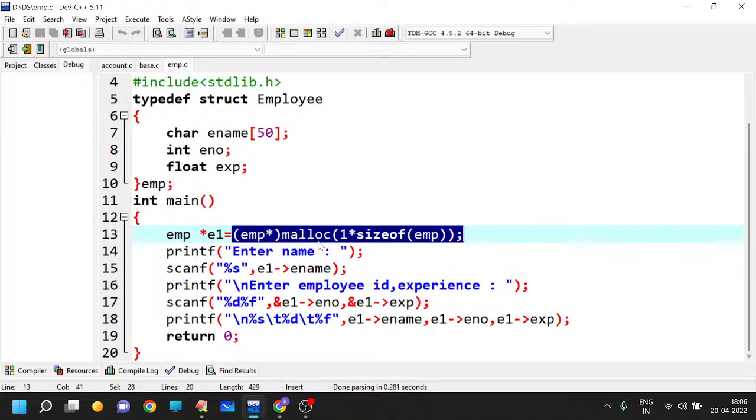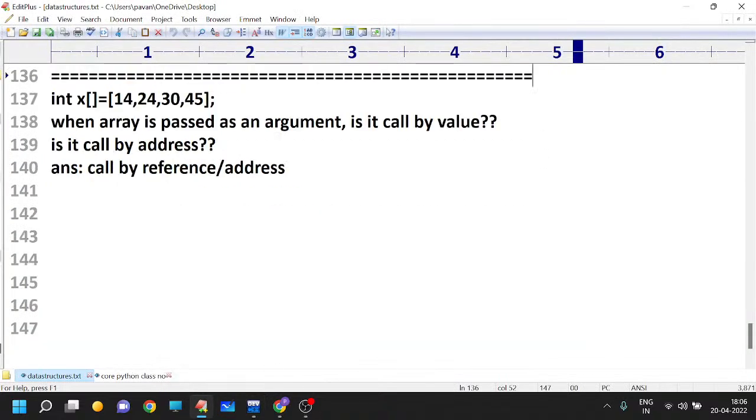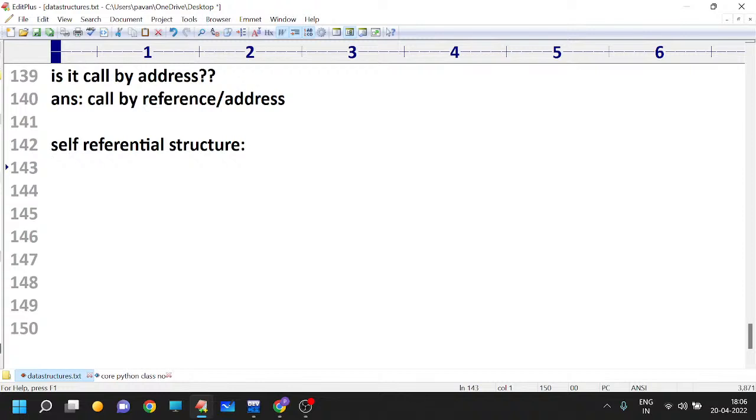Now, there may be a chance you are asked in an interview also, what are self-referential structures? What is a self-referential structure? For example,